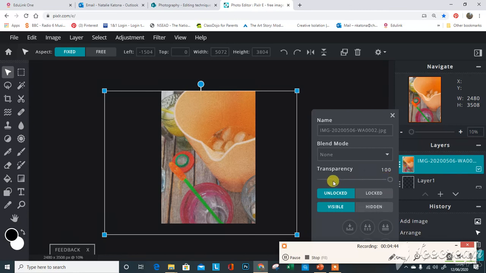So we've got a blend mode, and we can lock the layer. You can change the transparency of the layer, so pull that down. It can be a visible layer, so we can see that, or you can hide the layer here. You can also do some really useful things. So you can flatten the image when you're finished. You can duplicate the layers, but you can't really see that